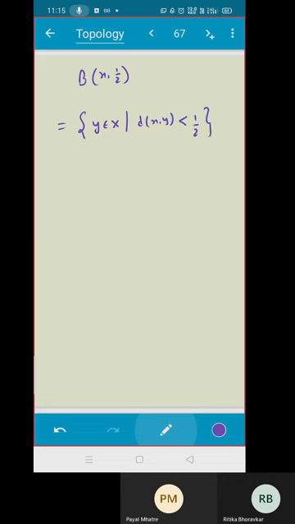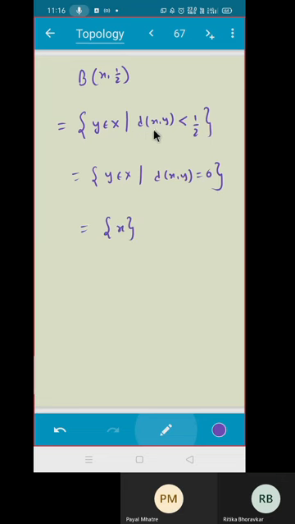But distance between x and y is 1, which is not true. No, do not think about that. Think about it like this. See, in discrete metric space, there are only two distances, either 0 or 1. Do you agree? Yes, sir. So if you are saying distance is less than half, that means I have only one possibility. What is that? x equals y. That means distance of x and y should be 0, which is the same as x equal to y. So this is the same as just x.